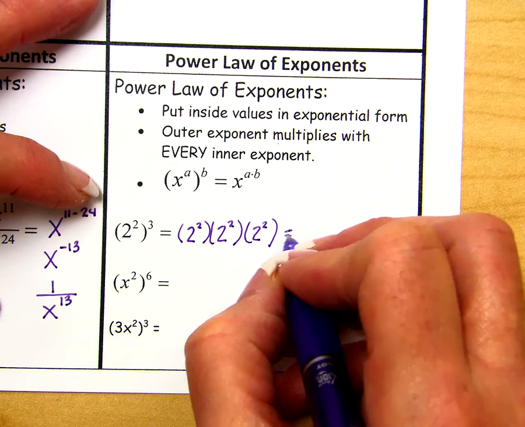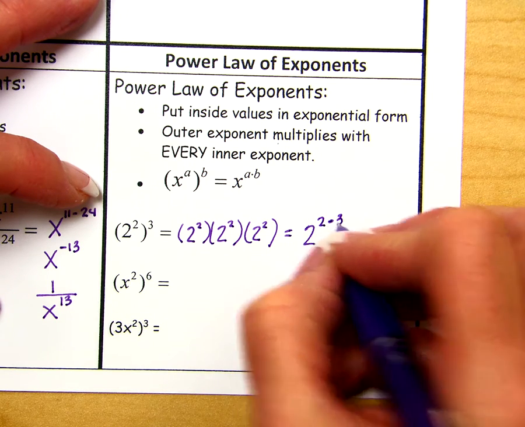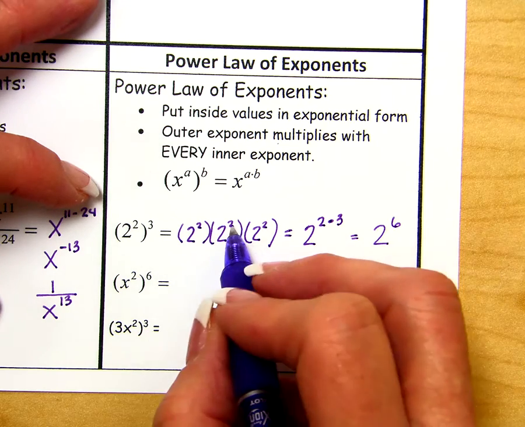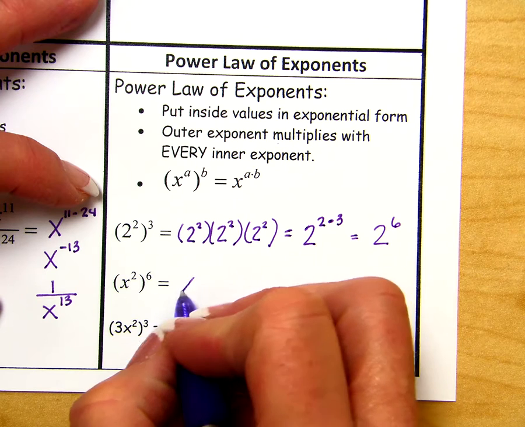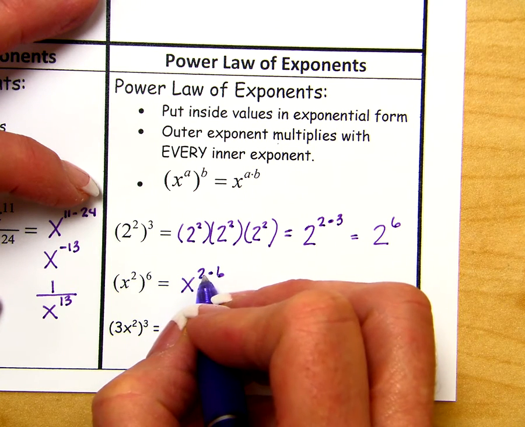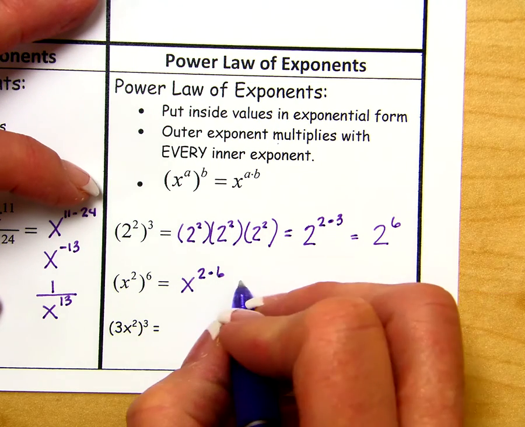Or we could take a little shortcut and say 2 raised to the 2nd power 3 times is 2 to the 6th power. And 2 plus 2 plus 2 is 6. So it works whether you expand it and add, or whether you go ahead and use the law and multiply. Here we're going to take the shortcut and use the law and multiply. X to the 2nd power raised to the 6th power is x to the 2 times 6,